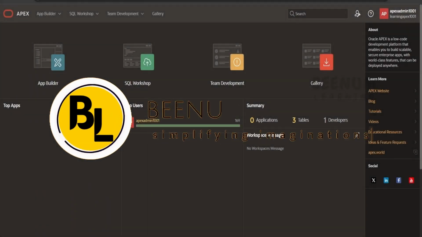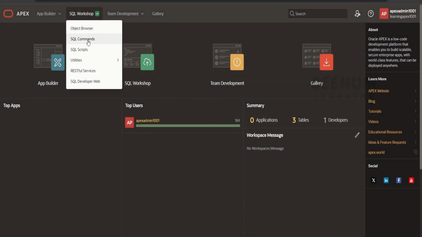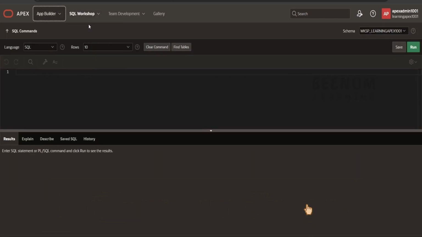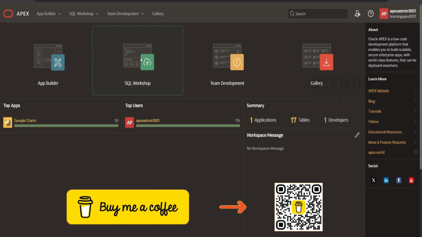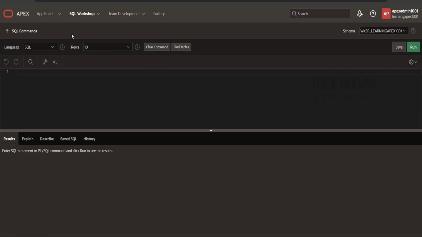In this class, we are going to learn about one more component in SQL Workshop, that is the SQL Commands. Click on this from the SQL Workshop. So one more option for navigating to SQL Command is click on the SQL Workshop and then click on the SQL Commands. As the name says, SQL Command, so this is used basically to interact with our schema, that is